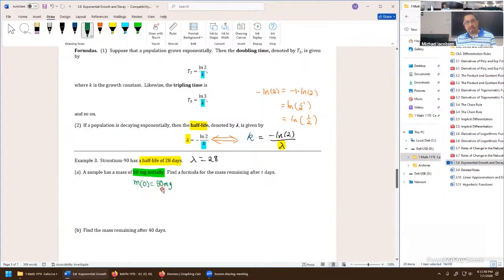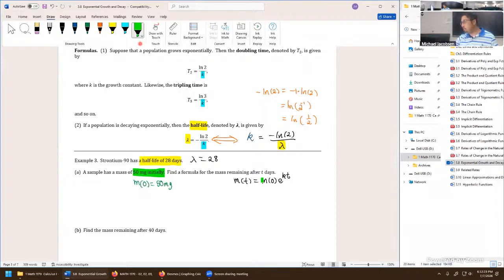Maybe a mouse just arrived at a hospital that does medical imaging. We want to find a formula for the mass remaining after T days. Well, the formula is going to be mass at time T equals initial mass times e to the power K times T. Because half-life is part of the picture, we know we're in the context of something decaying exponentially, which means we get to use the exponential decay model, the law of natural decay, right here.